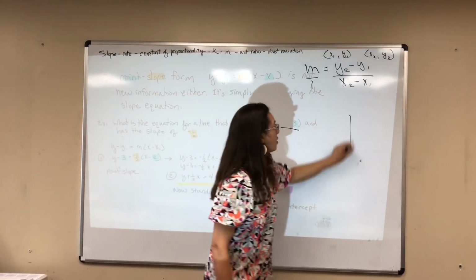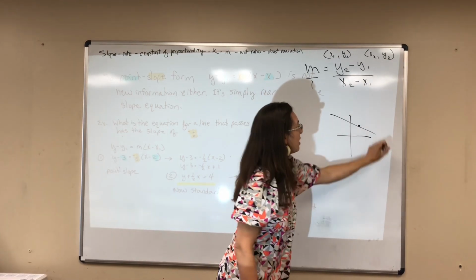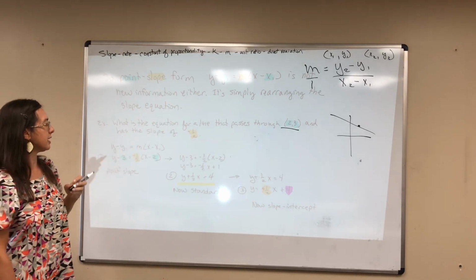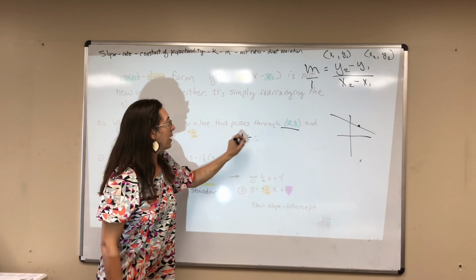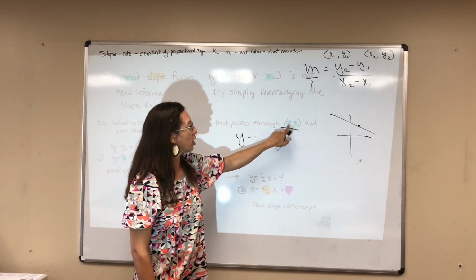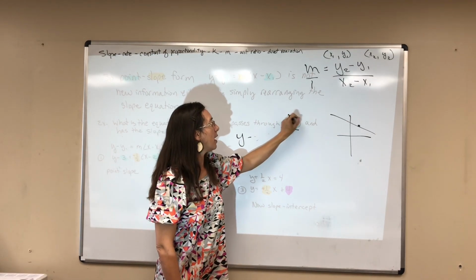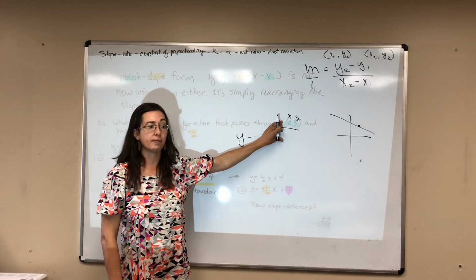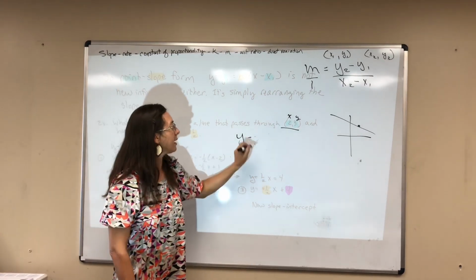So, quick graph. We've got (2, 3). It's about right there. And I've got a line going down like that. It should look like this. We're going to plug it in. Y minus... now let's label these first. Our 2 is what value? X or Y? X and Y. I always encourage putting an X and a Y above all of them, just so that you don't get mixed up with it. So Y minus